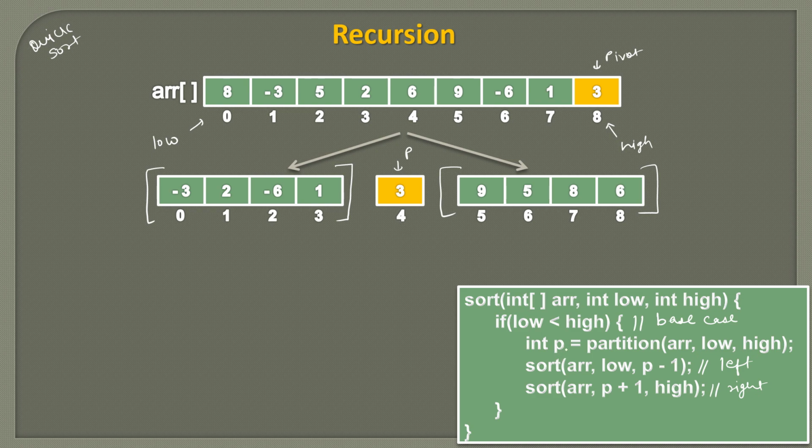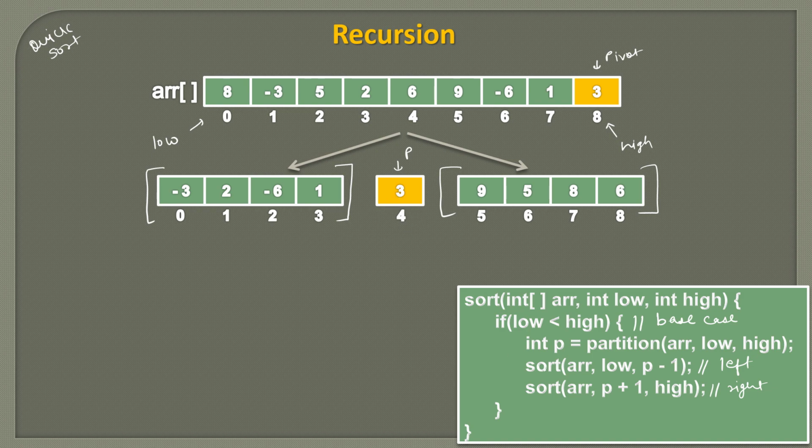Now after we get the pivot index, if we sort this array directly, you will see that in the sorted array, 3 will always be at index 4. It means when we perform this partition, one of the elements is sorted and placed at its correct position. So once it is placed at its correct position, we don't touch this element now.